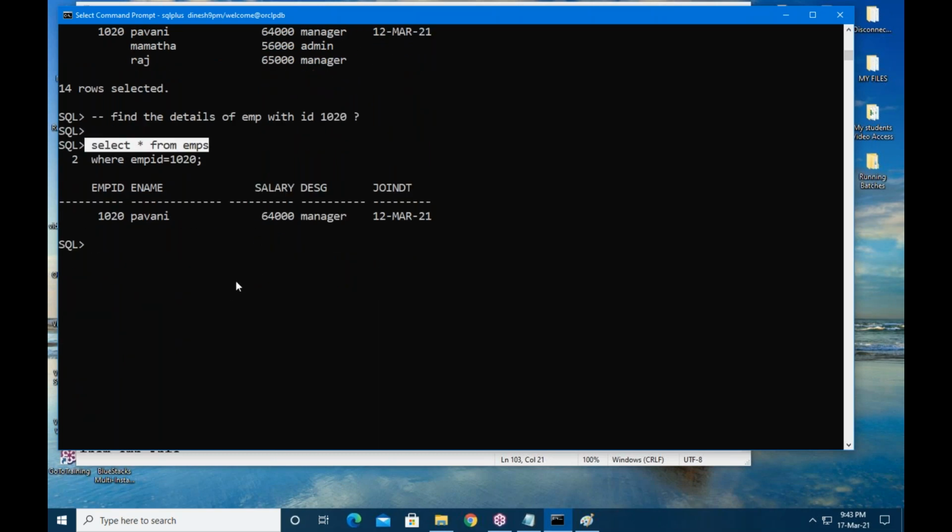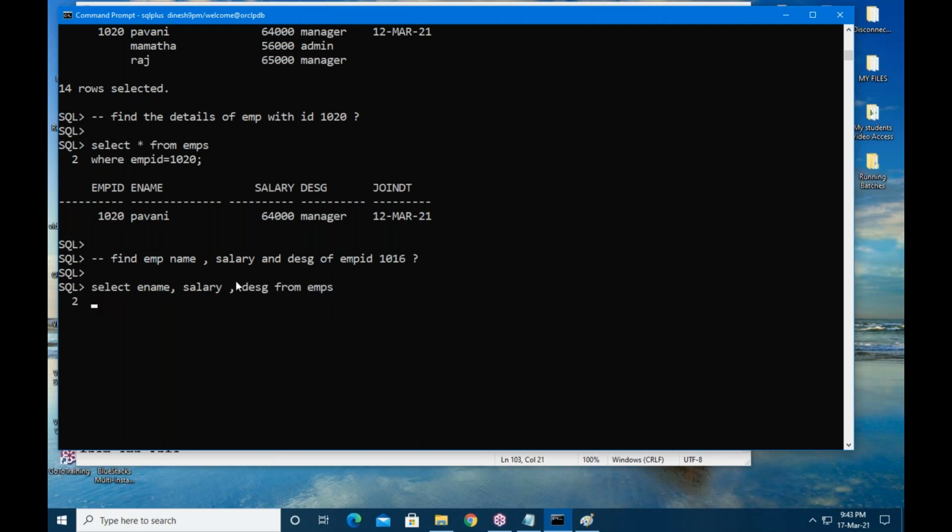See, another example. Find employee name, salary and designation of employee ID 1016. Select e-name, salary, designation from EMPS where employee ID is equal to 1016.